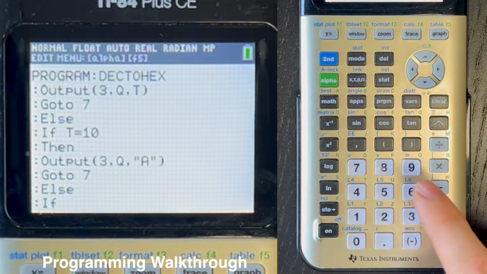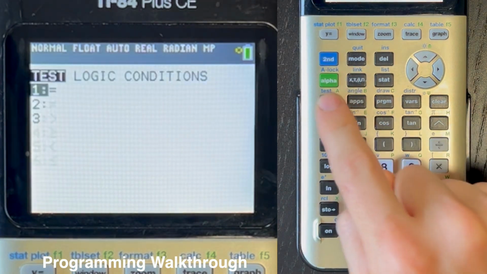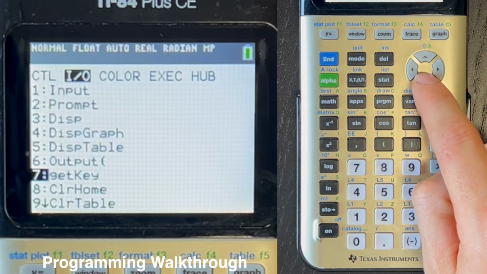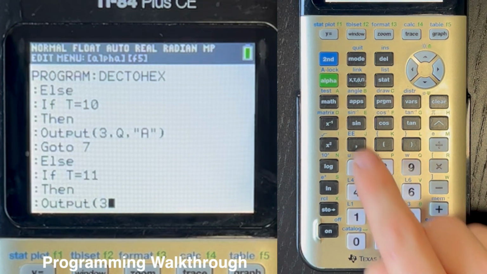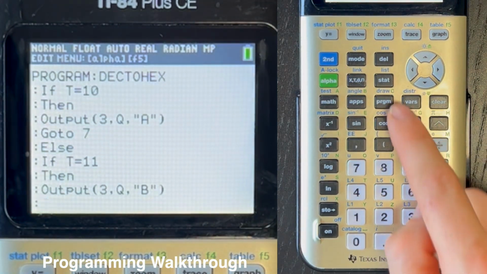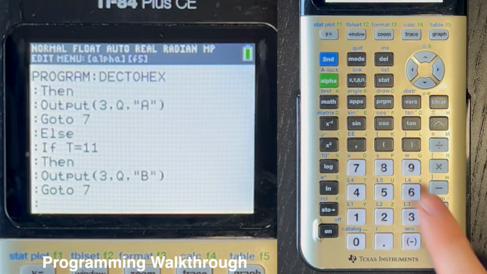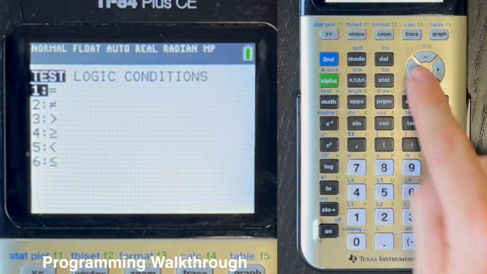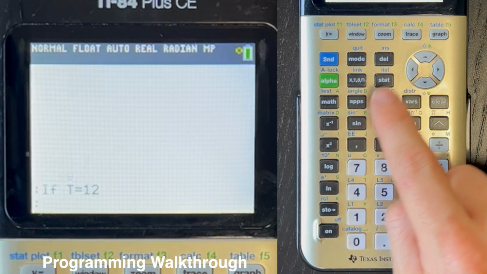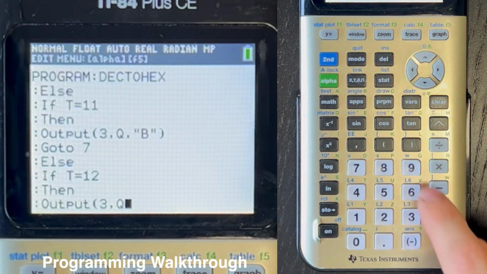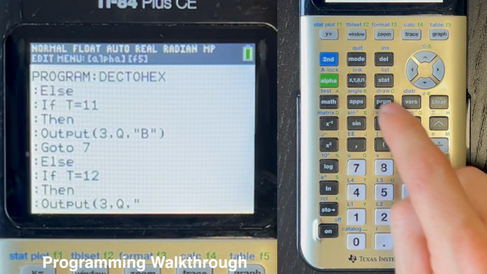enter, program If alpha T equals 11, enter, program Then, enter, program Output(3, comma, Q, comma, and B, and then program Goto 7 again, program Else, enter, program If alpha T equals 12, enter, then program Output(3, comma, Q, comma, and now we want C in quotes,